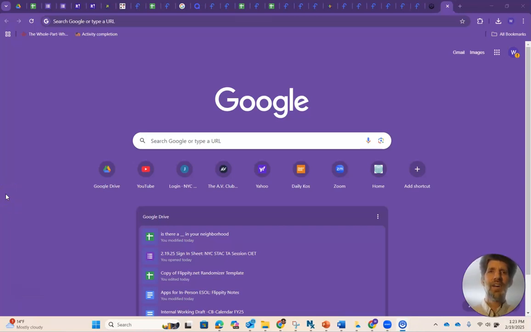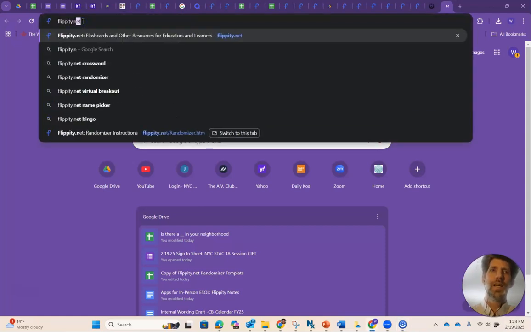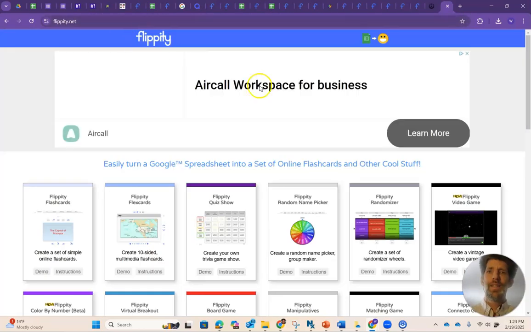I'm going to show you how to create an ESOL activity using Flippity Randomizer. So first, I'm going to click here and go to flippity.net, and then